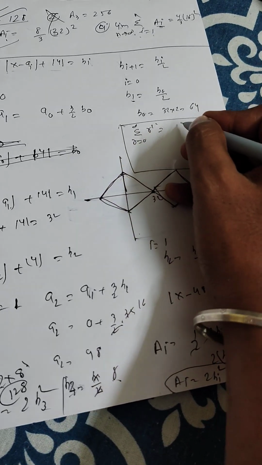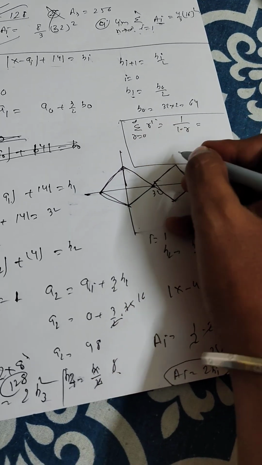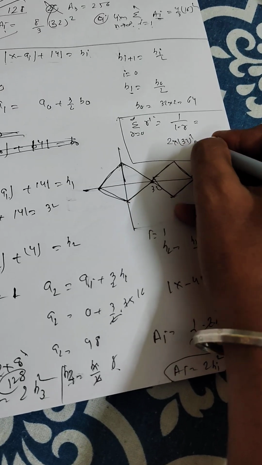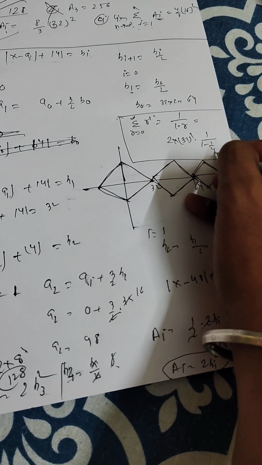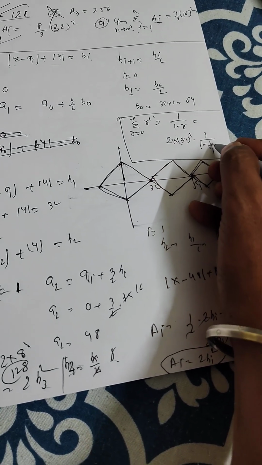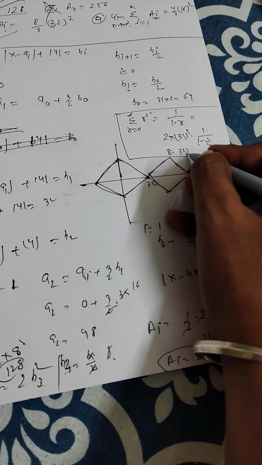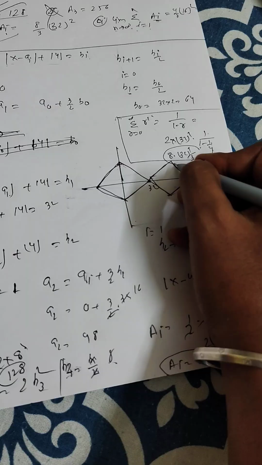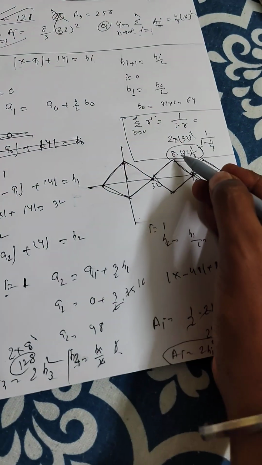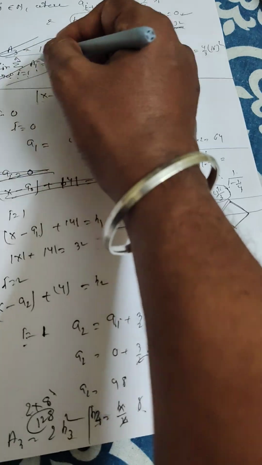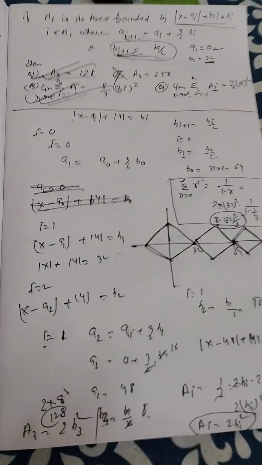So this value is the summation of r^i from 0 to infinity, which is 1/(1 − r). This value is 2 times 32 squared times 1/(1 − 1/4). With LCM 4, 4 − 1 is 3, and it goes to this side. So it is 8 times 32 squared over 3. The answer is 8/3 times 32 squared. This is the answer, so remember this concept.